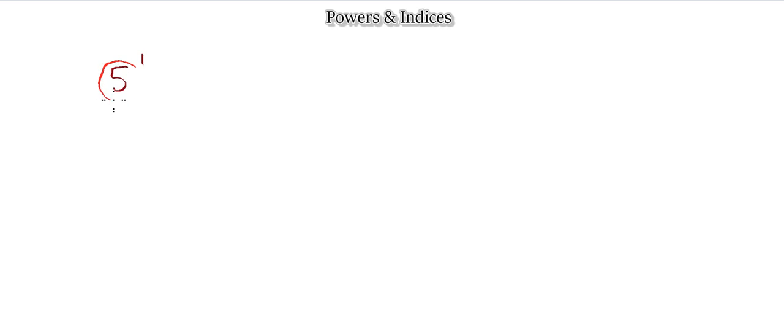This 5 is my base. It's my base number. And that 1 on top is the power, which means that I am giving my base number 5 the power of 1. So I'm multiplying 5 just once. So that's just itself, 5 equals 5. However, if I say